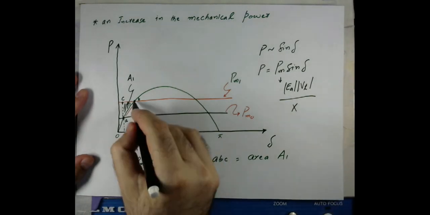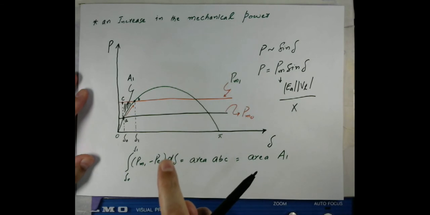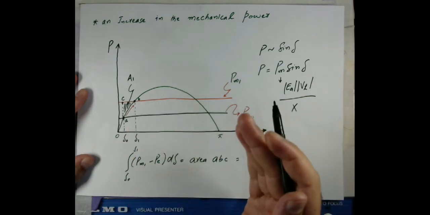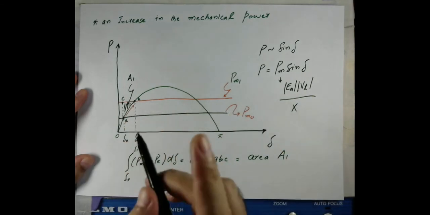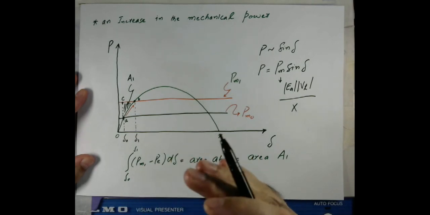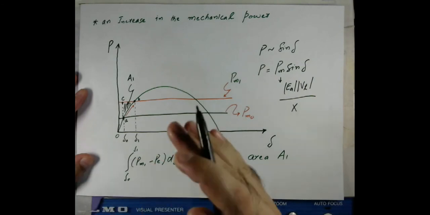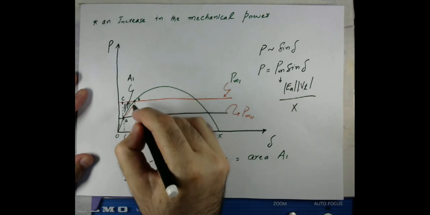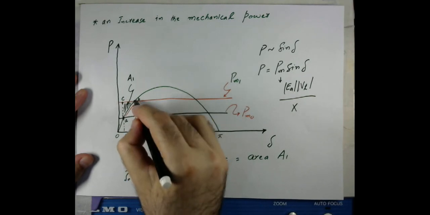But now at this point the speed of the machine is above the synchronous speed. So the machine will not stop at this point due to its inertia. Although the accelerating power at this point is 0, because the machine now has a relative speed, the inertia of the machine will still keep increasing its angle. Although, as I discussed, the accelerating power is 0, because of the inertia it will take some time